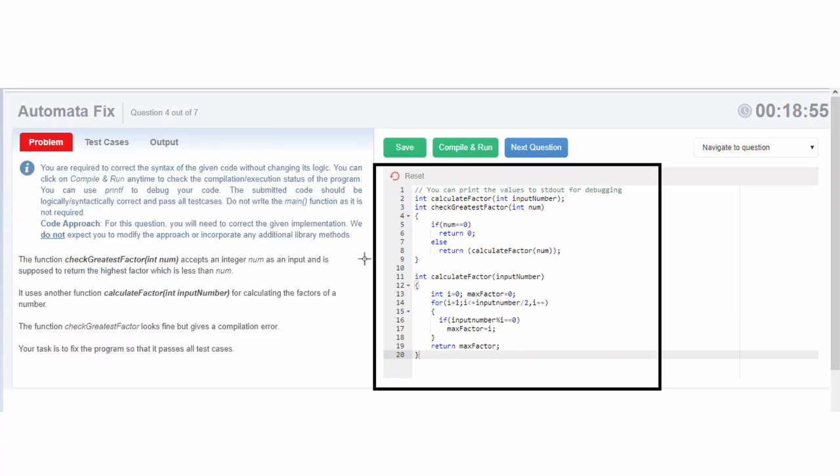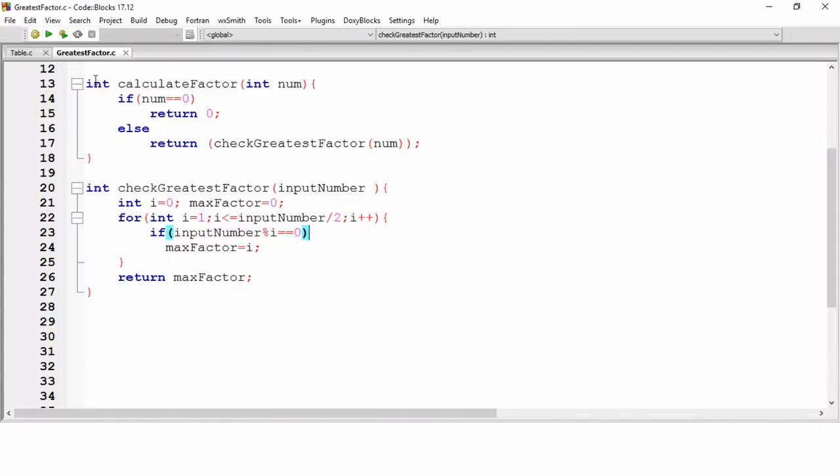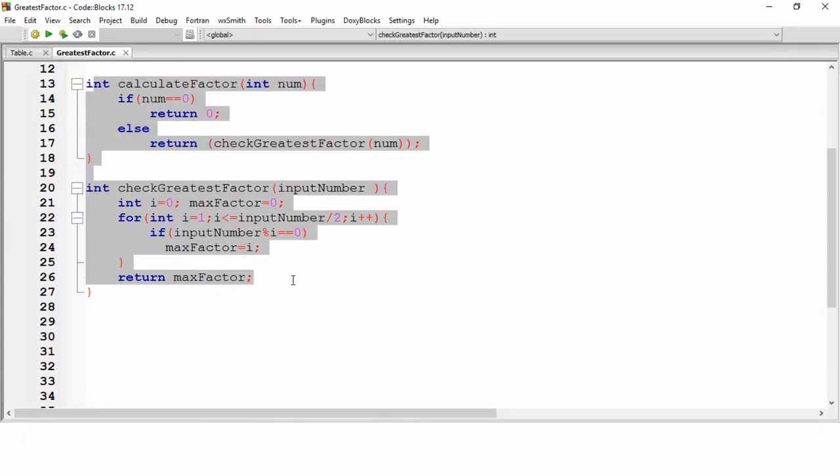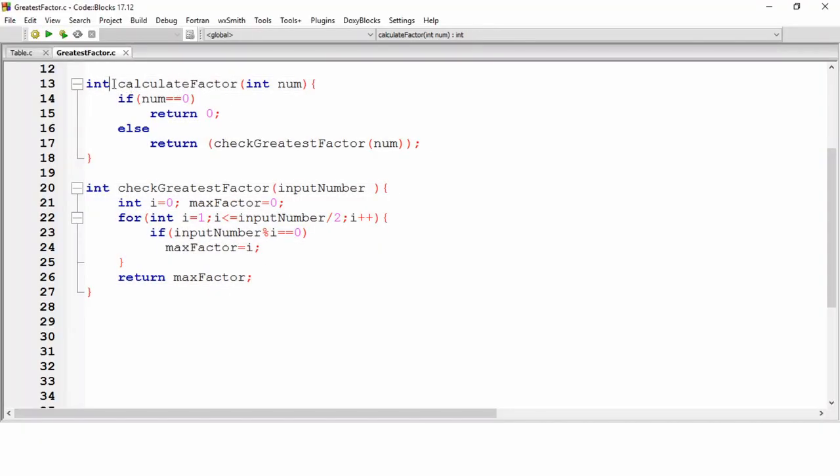So first of all, let me open this code in a code editor. Now this is the program which was given in the question. So in this program, first of all, we have a function calculate factor and it is taking one argument number. So till this line we do not have any compilation error. Now after this we have a condition, so here also there is no compilation error, and after this in the else we have a return check greatest factor, which means it is calling the next function which is check greatest